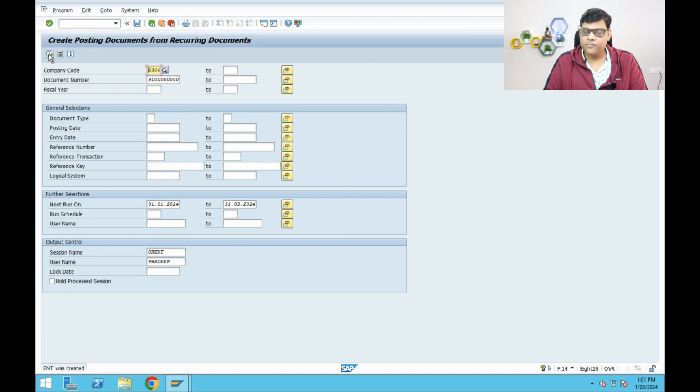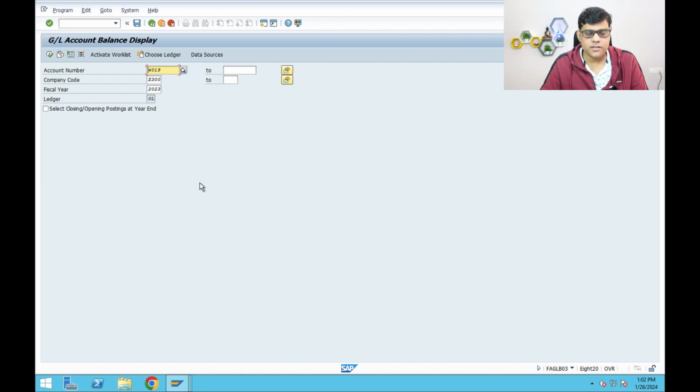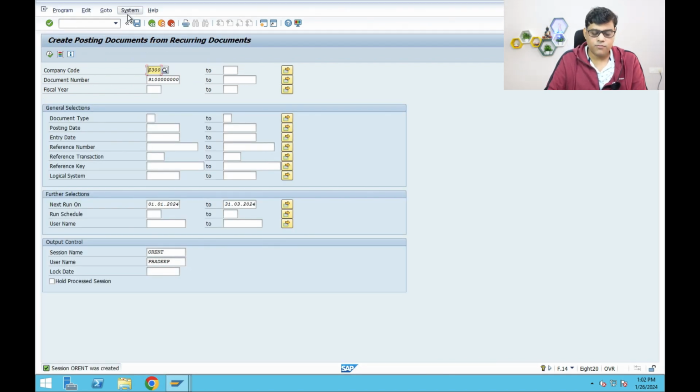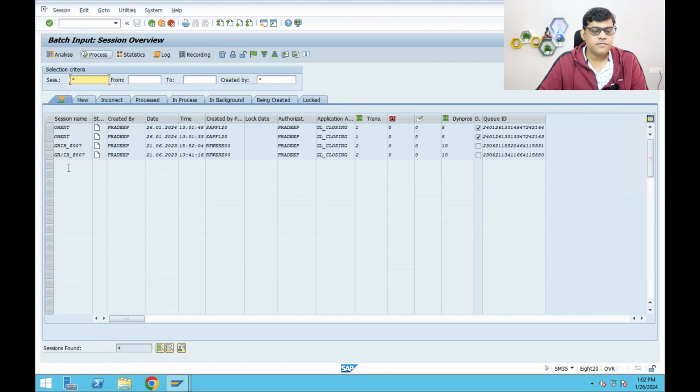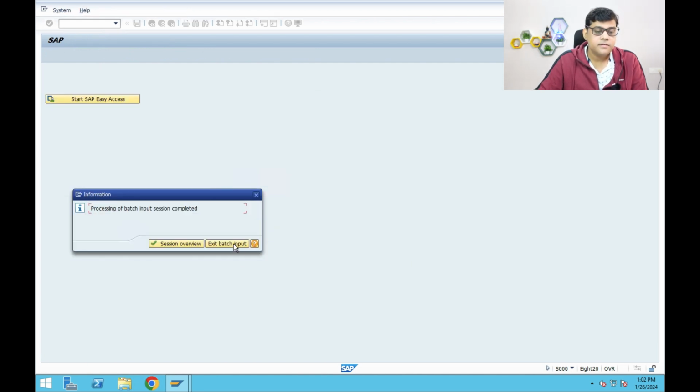Okay, so session created, batch created. Now with this you will not find until unless the batch is processed, you will not get that accounting document. I want the doc 4019 should be debited with 1000 amount for the month of January. So for that I need to process the batch. So you can go to system and you can check it, otherwise use the transaction code SM35, select here this one and process it. Whatever you have given the name that you need to select as your batch name and process. Done.